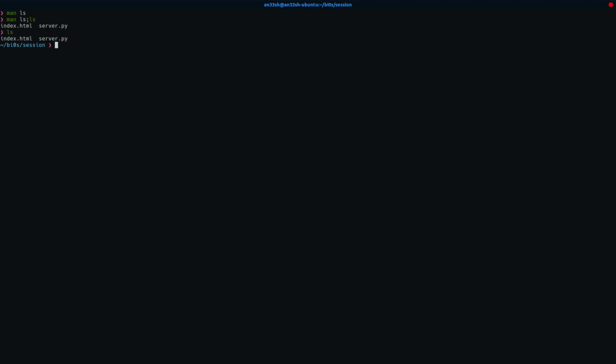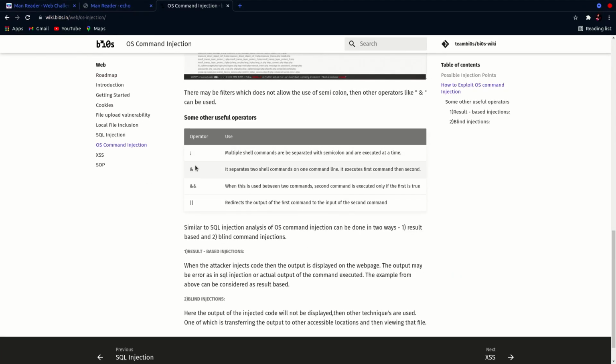So we can run commands through this. Similarly, we can use the ampersand symbol, double ampersand and pipes also for running multiple Linux commands. You can read more about it in the BIOS wiki itself.